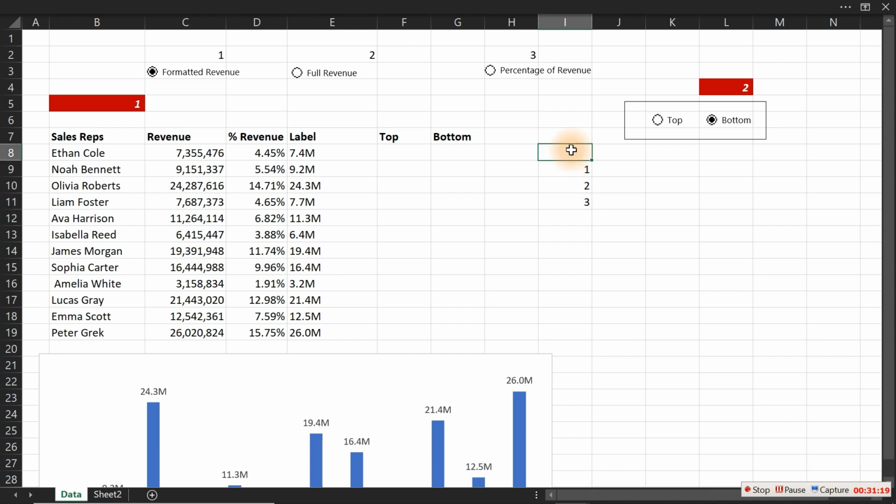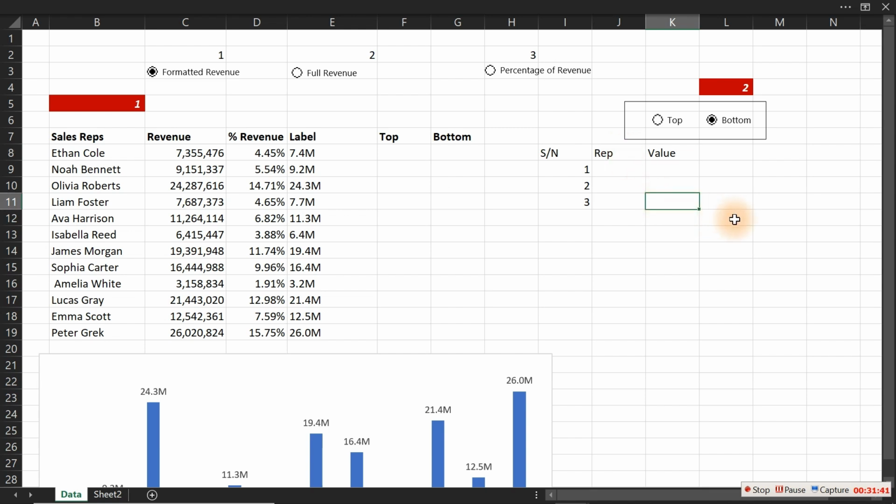So here is gonna be the serial number. So over here I'm gonna call this one, let's call this one sales rep, just rep here, and call this one value,